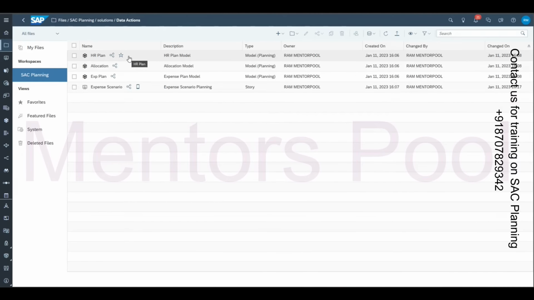Like this, there can be business scenarios where you do different levels of planning in different models, and then you have to copy this data from one planning model to another planning model for consolidation, right? So that is a scenario we are going to look at now. We have a story also. I will walk you through the data actions first, and then what I would want you to do is